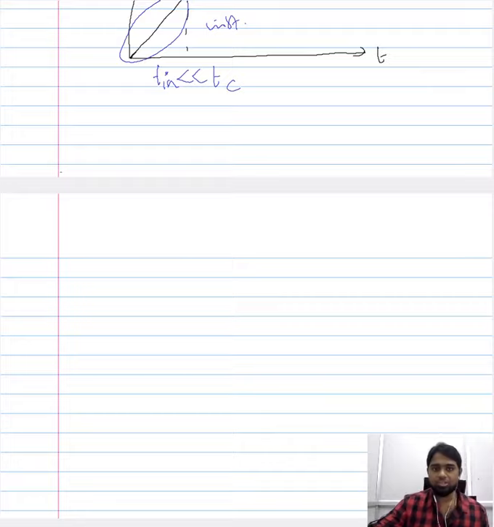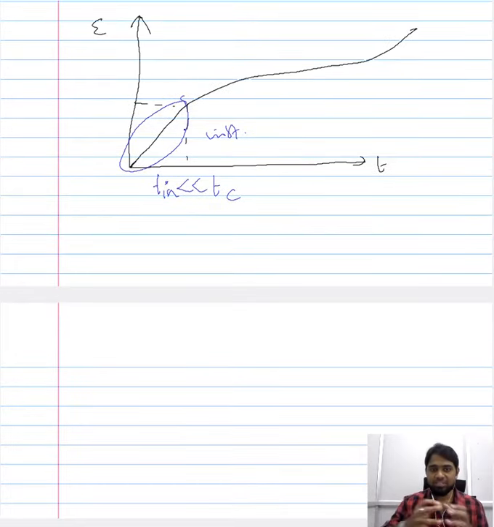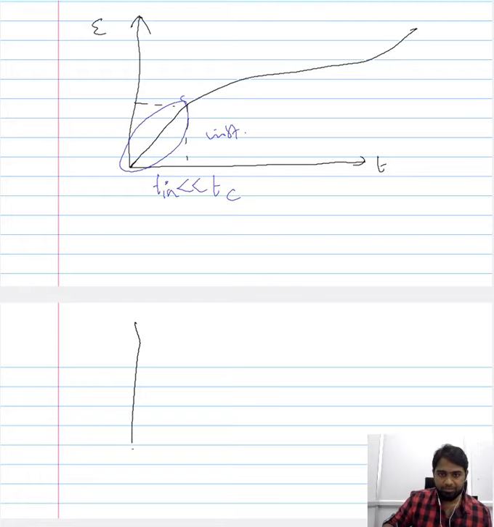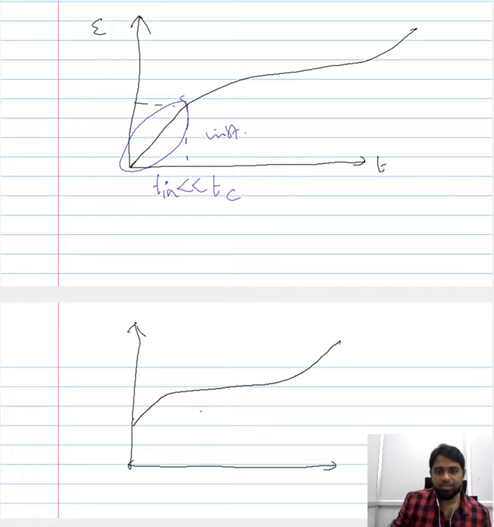It is reasonable to assume that the time taken for the instantaneous deformation of the material is very much less than that of the overall creep behavior, so one can ignore that. If you ignore that and plot the representative creep curve, it should look something like this. Till here you have stage 1, here you have stage 2, and here you have stage 3.